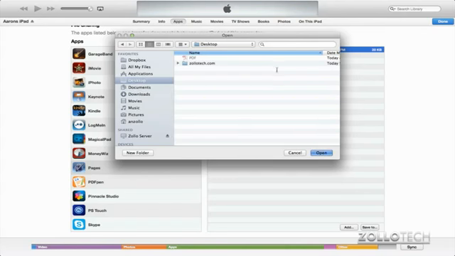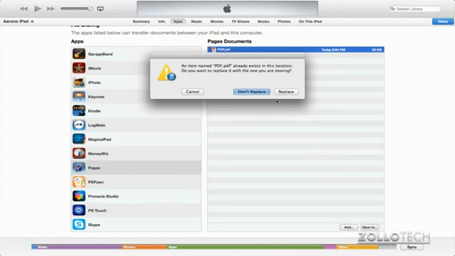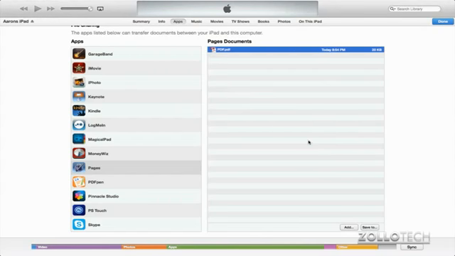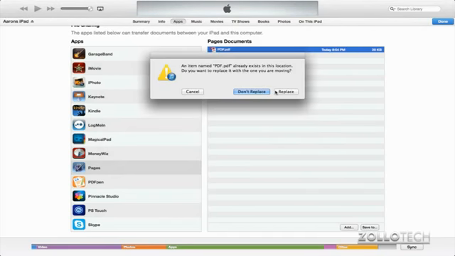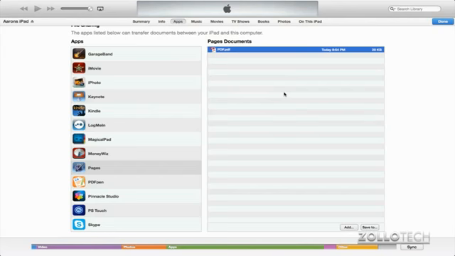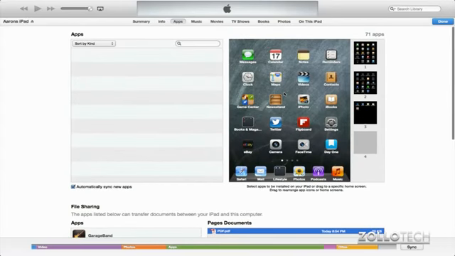If I click on it, it'll say that it's already there, but I can replace it or not replace it. We can also add directly to Pages from here. So instead of dragging and dropping the PDF, we can just simply click Add. We can select the PDF, open it, and again, it's going to give us the same dialog. I'll say Replace, and now it's synced. So there's a couple different ways that you can do things within iTunes and between your iPad. It makes it really easy to sync things between the two, and should be pretty simple or straightforward, hopefully, after